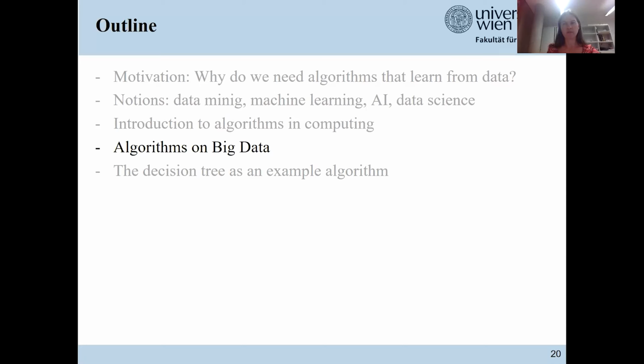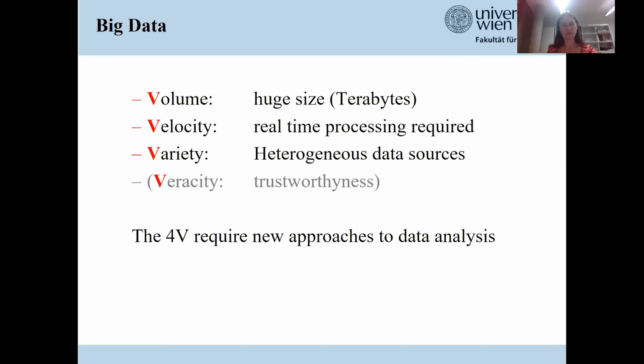After having explained what an algorithm is, I want to give you a flavor of the challenges when designing algorithms for big data. So maybe you have all heard about the buzzword big data. And essentially, it refers to some characteristics of data that are often present simultaneously in nowadays data.